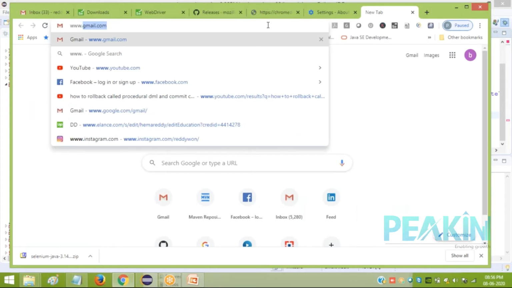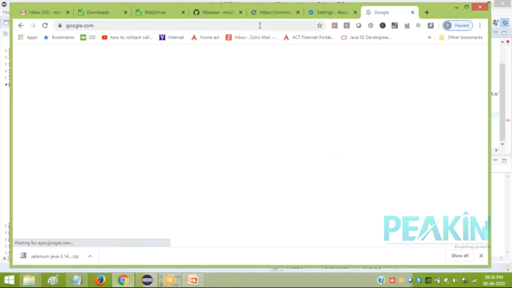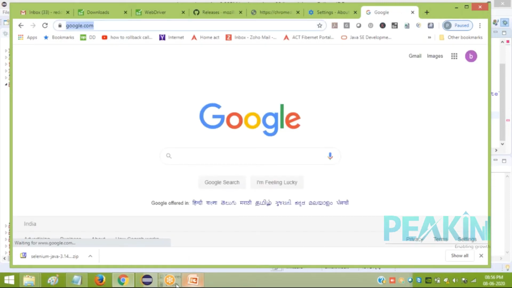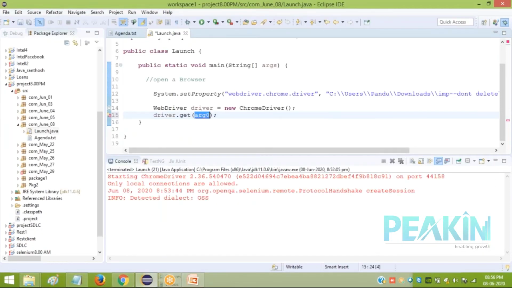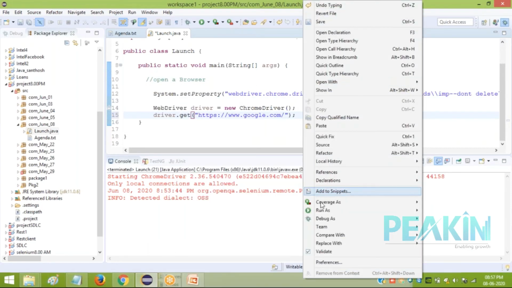You open it on an actual browser, copy this URL, and then use it in your script as a string input, because the URL should be along with the protocol, HTTPS colon, and the proper path you have to give, otherwise it will not launch. Okay, now the browser with the URL will be automated.